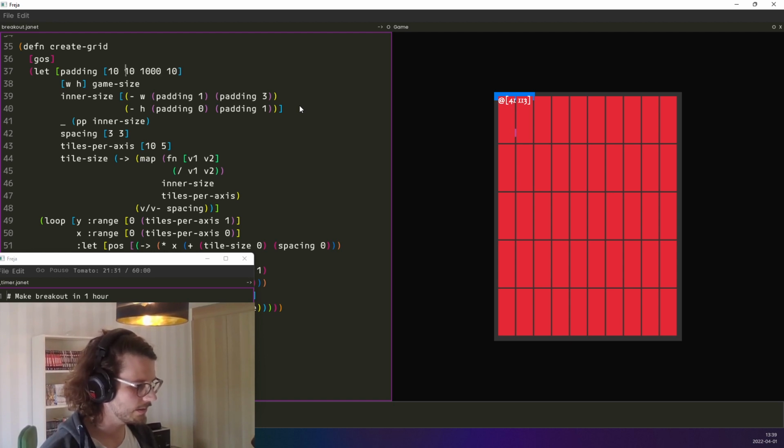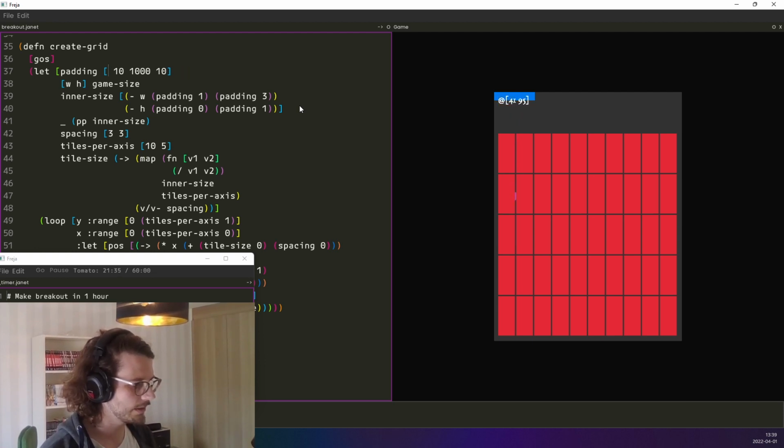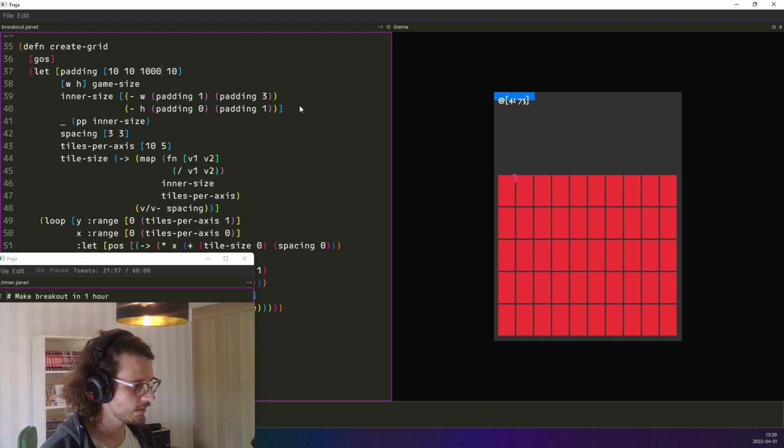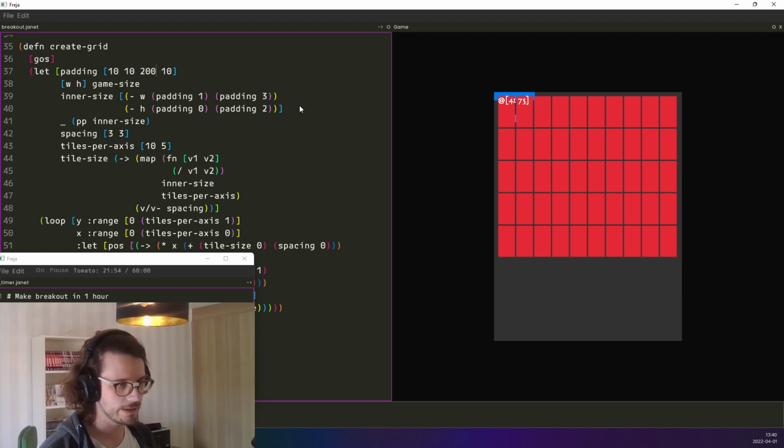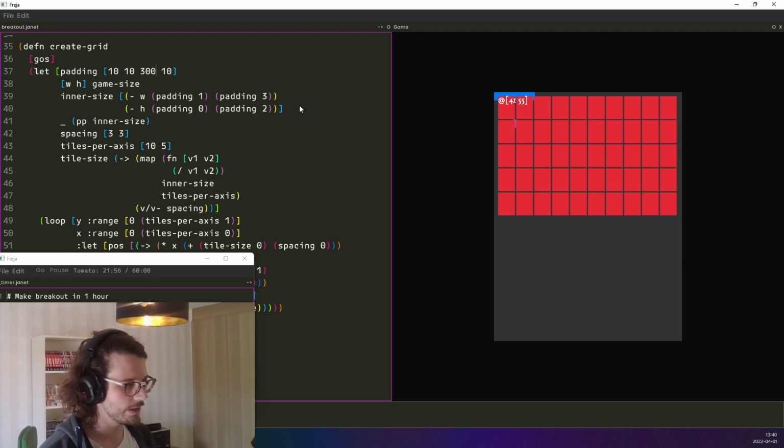This looks strange to me. Is it using this one then? It is using the top one. Oh, it should be 2 here, and this one should be 3. And this, no, wait. 1 and 3, and this should be 0 and 2. There we go. And now we can say 100 maybe, or 200, or 300,